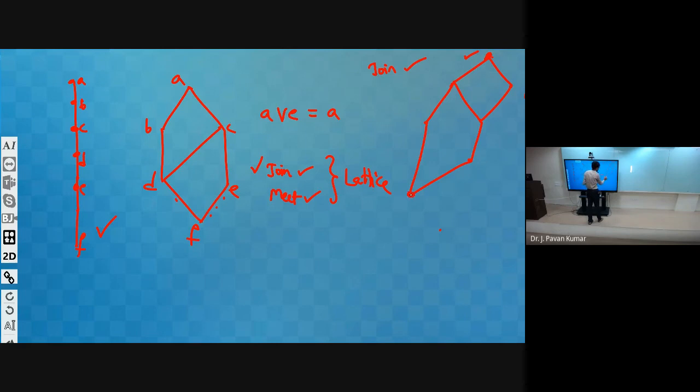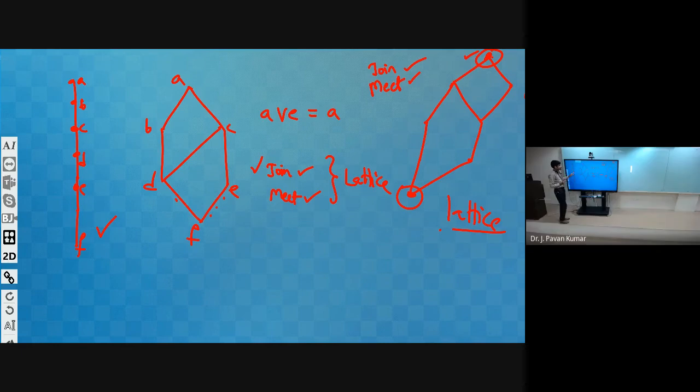Similarly, if we have least element, that is from this particular element we will be having relation to every other element, then we can say it is meet semi-lattice. So if we have both, that is minimum element and maximum element, or least element and greatest element in the Hasse diagram, then we can say that as the lattice. That is one clue. Got it? Simply directly we could able to find out. Is it clear? Yes, sir.